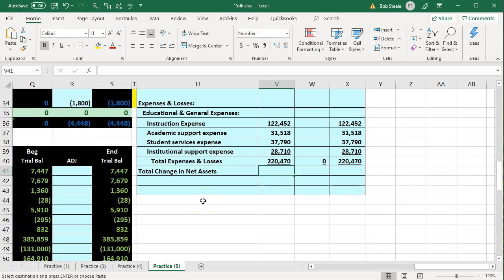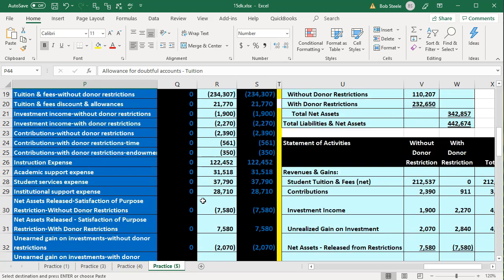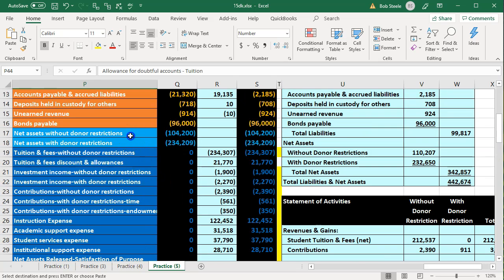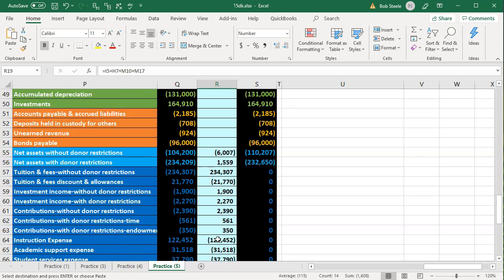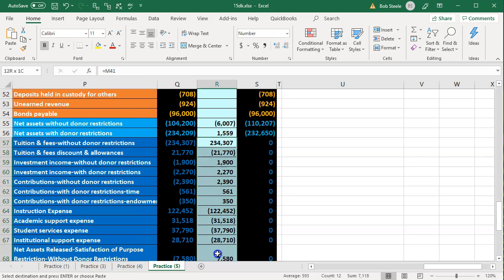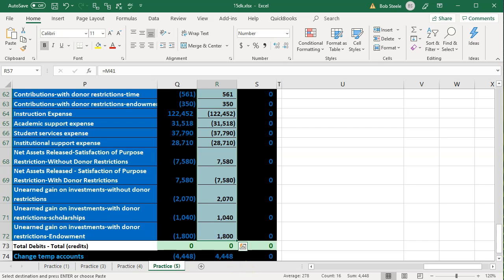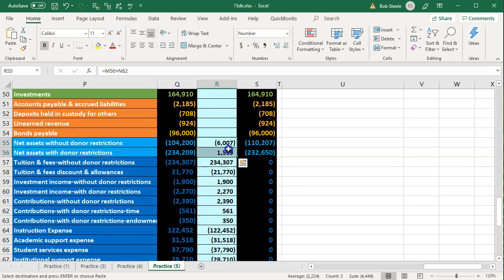It can be kind of confusing. It's not a very intuitive number until you kind of think about it. Obviously, the change in the net assets is the same as for a for-profit organization. The net assets being these numbers. The change in the net assets is, of course, what we would think of as kind of like the net income. All the activity, all this stuff is the change in the net assets, as we can see in the closing entries down here, right? All these transactions down here, we closed out. That adds up to kind of the net income of the 4,448, and that's what we closed out to here,